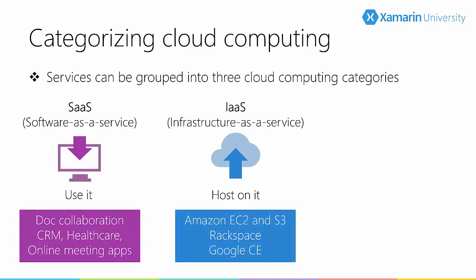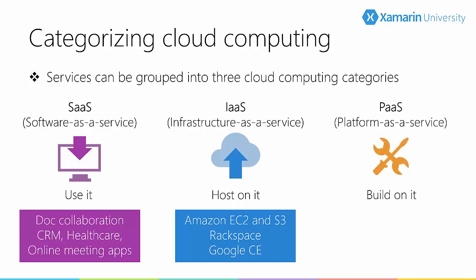So examples include pretty much any vendor that provides internet-based VM services, such as Amazon EC2, Azure, Rackspace, and Google Compute Engine. And then finally, we have Platform as a Service. This is a layer on top of Infrastructure as a Service, which adds a higher level service on top of the infrastructure itself. This is where the vendor provides you with the entire platform, for example, the operating system, the execution environment, the database, the web server, the host, etc. All that done by the vendor, configured and ready to go so that all you do is layer your application